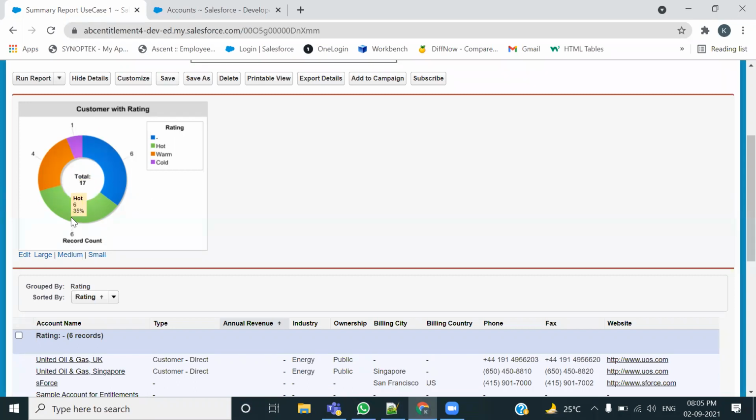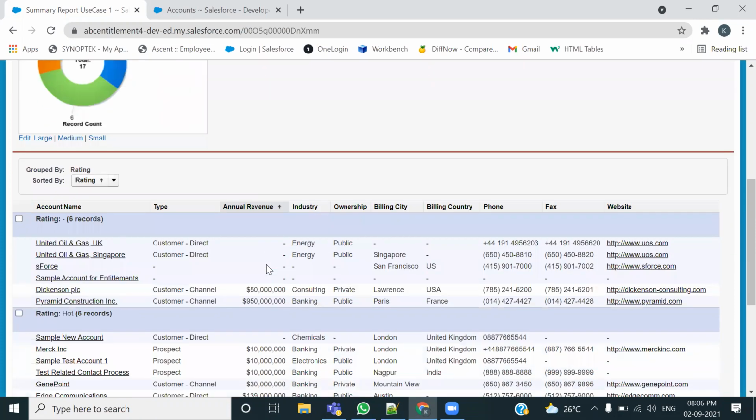Now this chat component can only be added on what? The chat component can only be added on summary report and the matrix report. और चैट कहाँ पर नहीं आता है? जॉइंट और टैबुलर, ठीक है। इसके अलावा क्या मैं इसको शेड्यूल कर सकता हूँ? यस, आई कैन शेड्यूल दिस, ठीक है। तो टैबुलर रिपोर्ट भी शेड्यूल होती है, समरी रिपोर्ट भी शेड्यूल होती है, ठीक है। अभी इसके आगे हम जॉइंट रिपोर्ट पे आएंगे तो आपको पता चलेगा कि जॉइंट रिपोर्ट शेड्यूल नहीं होती, तो केवल वही एक रिपोर्ट है जो शेड्यूल्ड नहीं हो सकती, ठीक है।